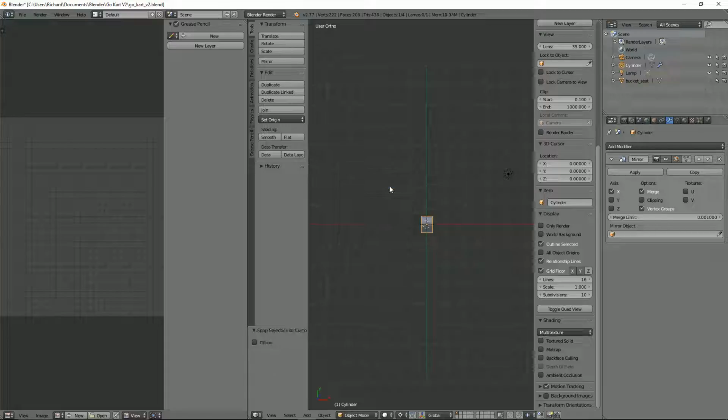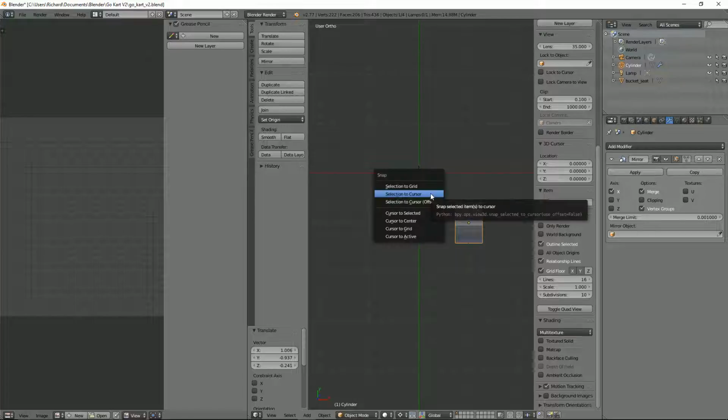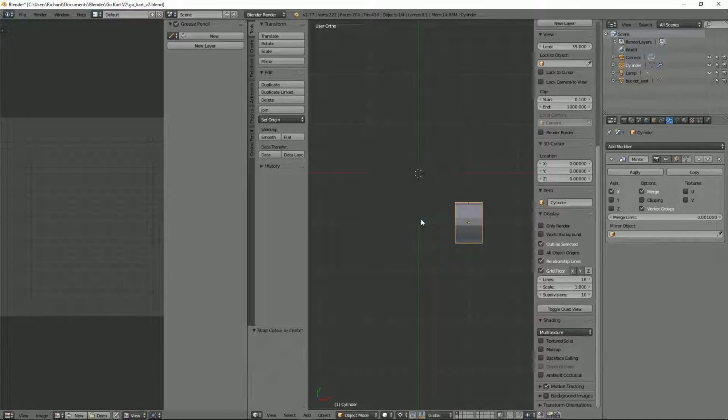Selection to cursor. Boom. There we go. Right, that's moved it there. But that's not right. I know that's a bit crazy. I'm actually going to move it again. Let's just move it to something like there. Okay, and then at the center I'm just going to do Shift S, cursor to center, and